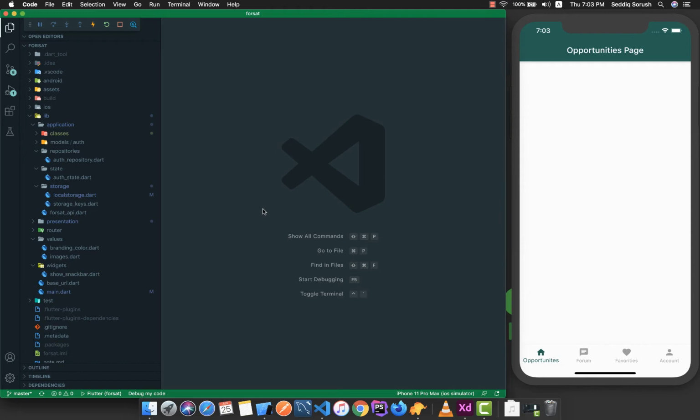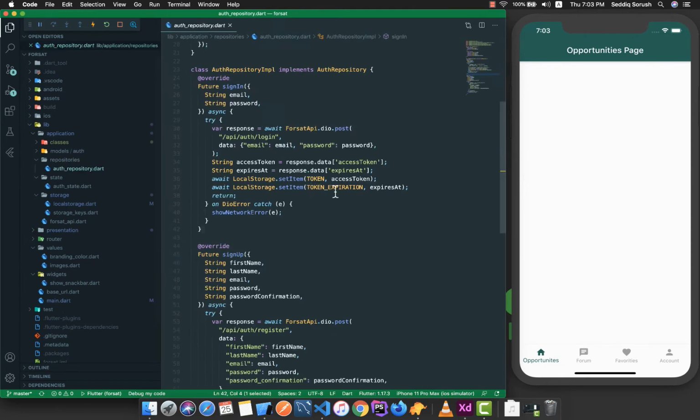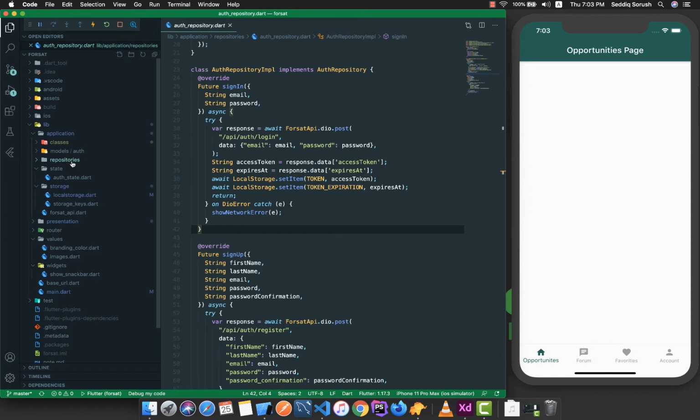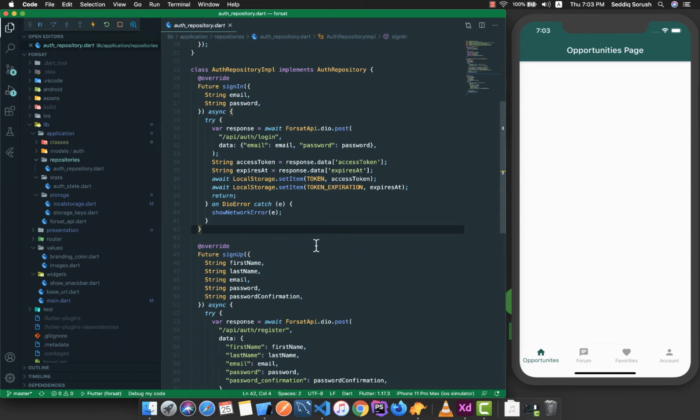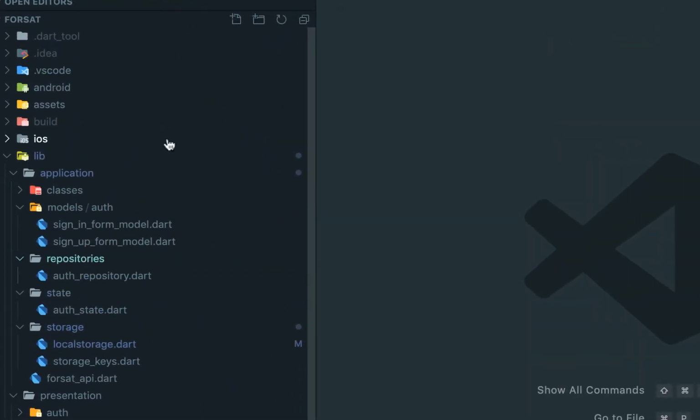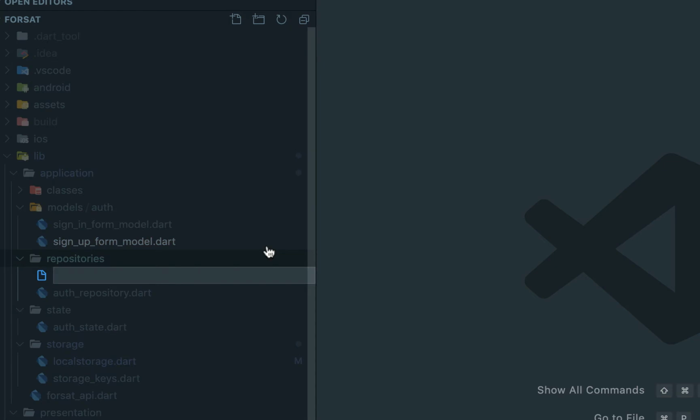But before doing anything, we need to create a repository as we did with the auth, and also we did create this auth state. So we need to move forward like that. For now, we need to create another repository for our opportunities. So I'm going to the repositories and I will create another repository. I will call it opportunity repository